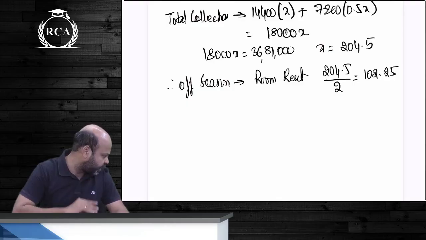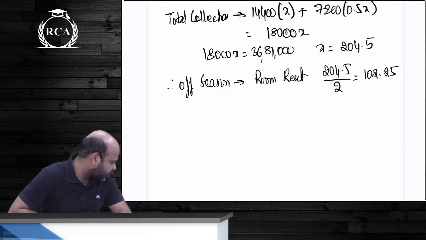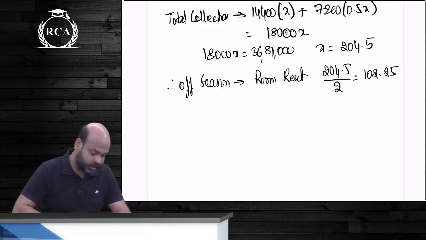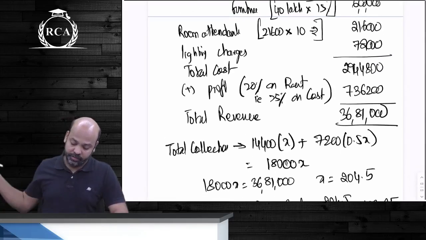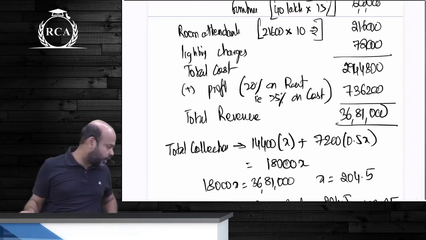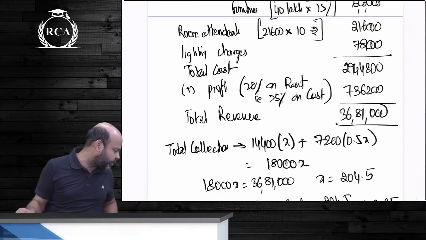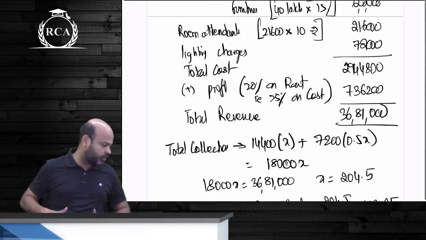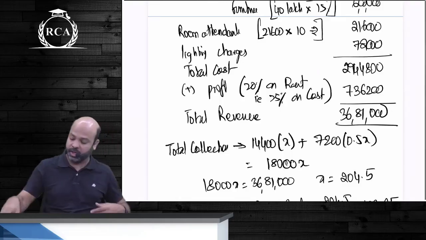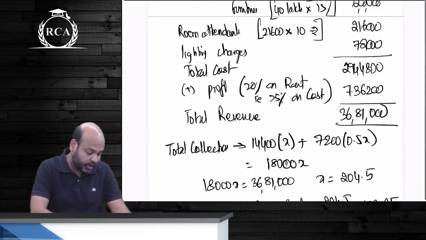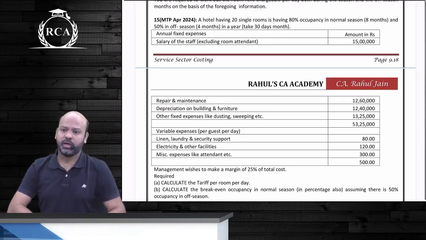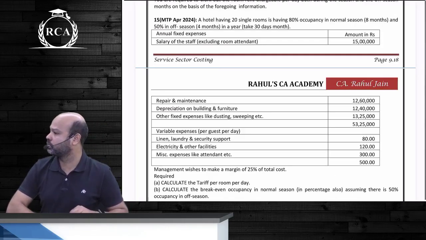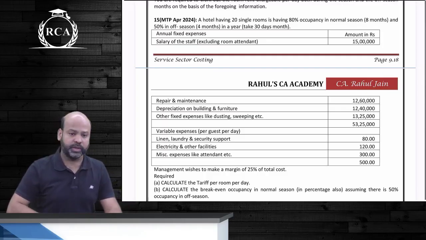Sir, why did we take 25% on cost and not on rent? It is 20% on rent, beta. Guys, instead of 25% on cost, do that: 29,44,800 divided by 80%, beta, you will get the answer. If profit is 20%, that means cost will be 80%. So that 29,44,800 you can divide by 80%. All of you, guys, compute the answer to the first bit.